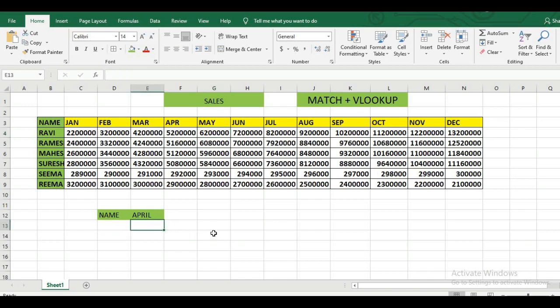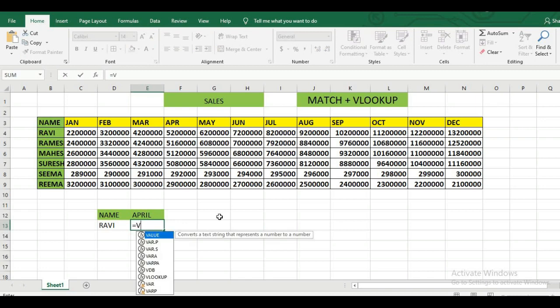For that there is a simple formula which we have already discussed earlier, which is VLOOKUP. So first of all we understand how VLOOKUP works. We will take equal to here. Before that, we will put a name here, Ravi, and then we have to find out the data of Ravi in the month of April. So we will put equal to, then VLOOKUP,